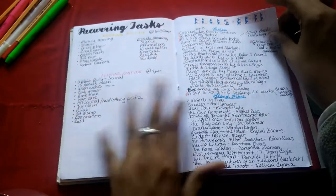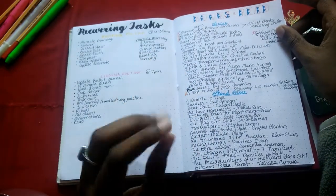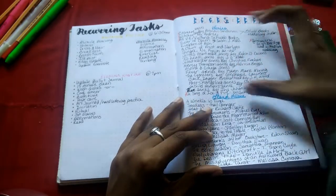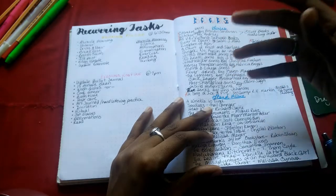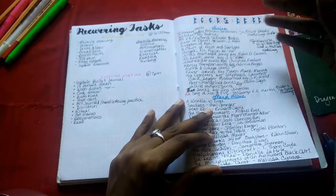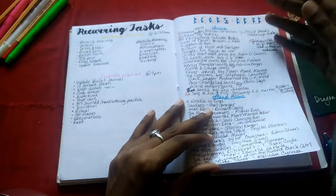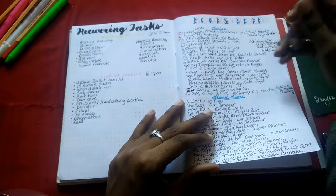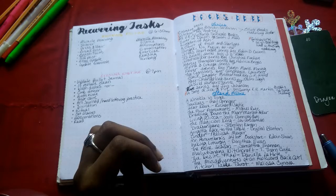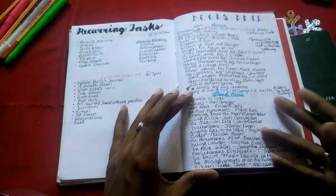Next, books to read. One of my annual objectives is to read 58 books this year, and there are books that I really, really, really want to read. I broke this down into 2 categories: series, because there's a bunch of series that I want to update myself on, and others that I never started. And instead of writing every book from every series, I just put the series or the author name, and there we go. And then standalone books, though some may be part of a series, I don't know if I like them yet, so